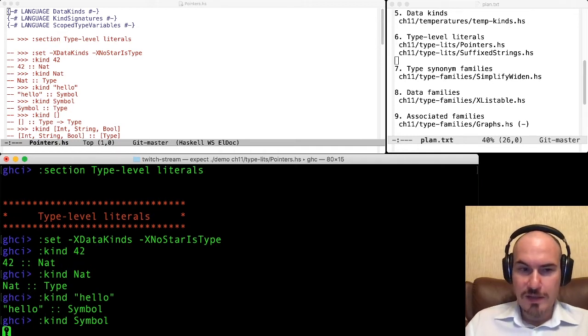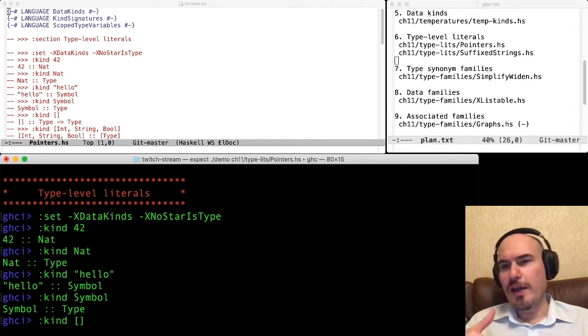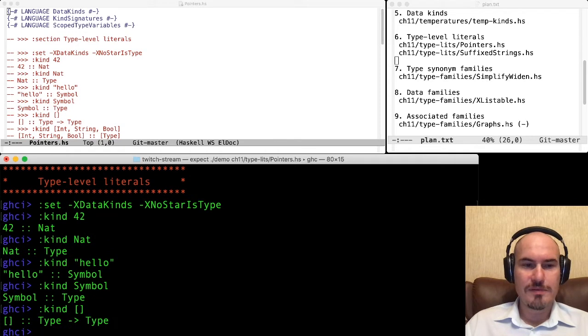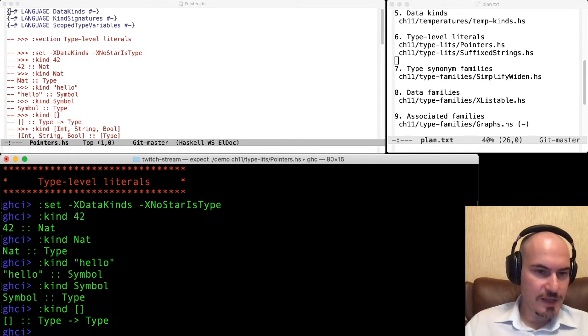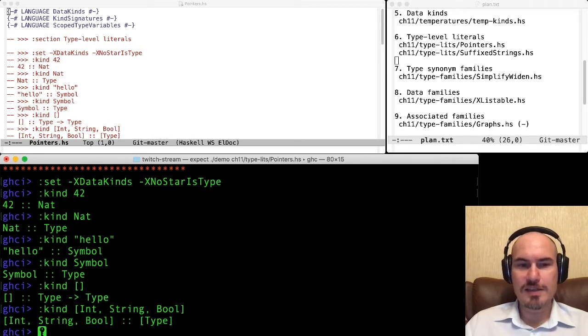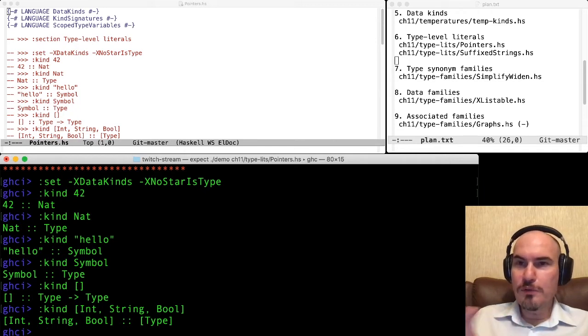And we also have lists at the level of types. So List is a kind constructor. So for example, this is a type here, and it has its kind. So the kind is a list of types. So we've got a bunch of whole things at the level of kinds.